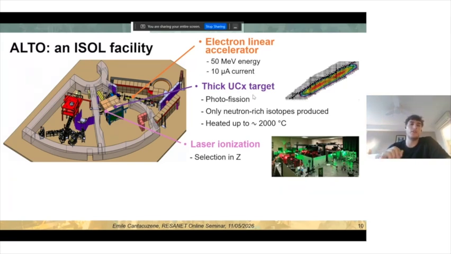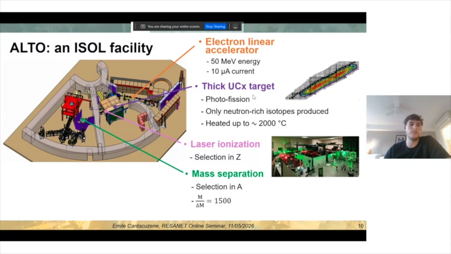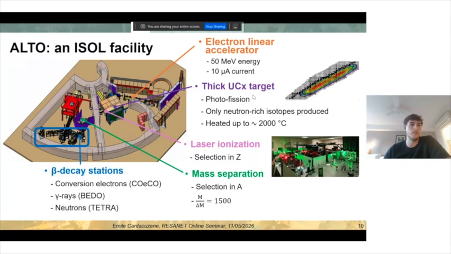Then we send a laser on this target in order to select the atoms we want to study by ionizing them. So there's the first selection in the Z number there. Then we can send these ions to a mass separator to select them in the mass number. And finally, we have a pure radioactive ion beam that can be sent onto the beta decay stations of ALTO. So currently there are 3 beta decay stations, COCO, BIDU, and TETRA, which are each used to measure different quantities